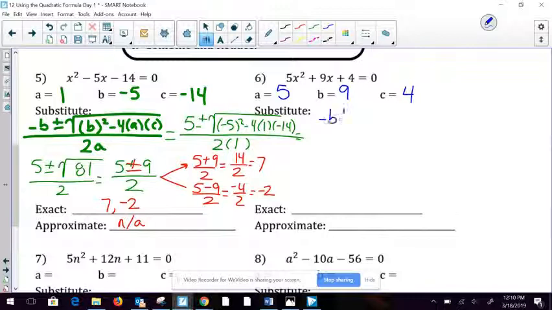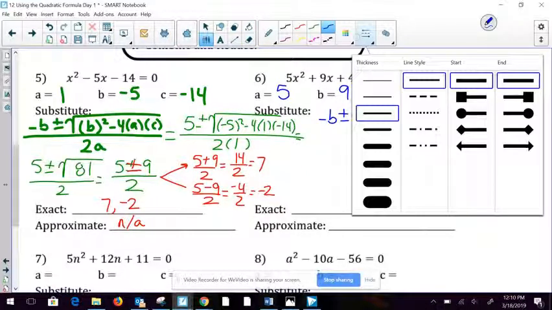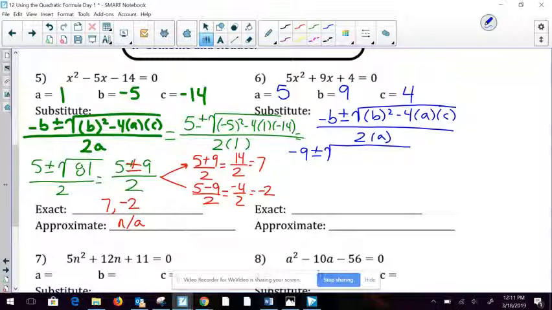It's the opposite of B plus or minus the square root of B squared. Sorry, it looks a little sloppy. Let me rewrite that. Okay. So I have my B squared minus 4 times A times C all over 2 times A. So now I'm going to substitute my numbers in. So what's the opposite of B? Well, if B is 9, the opposite would be -9 plus or minus the square root, B squared, so 9